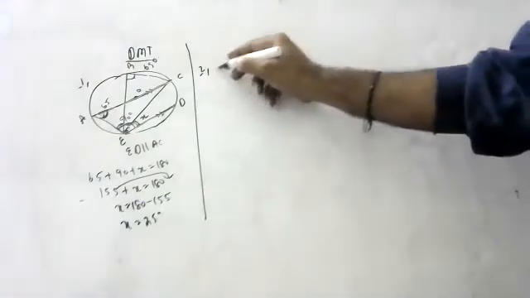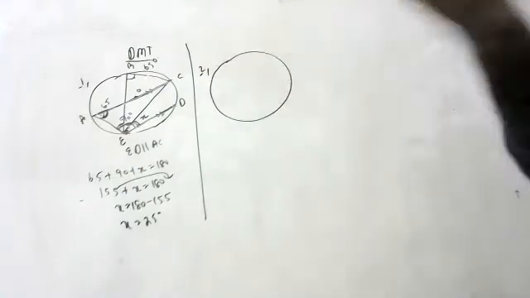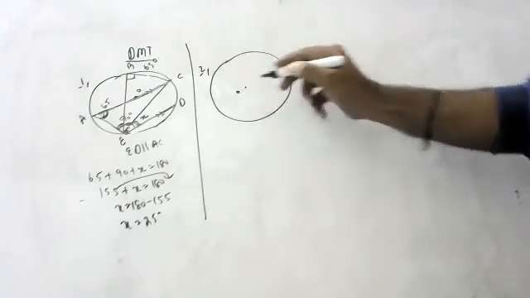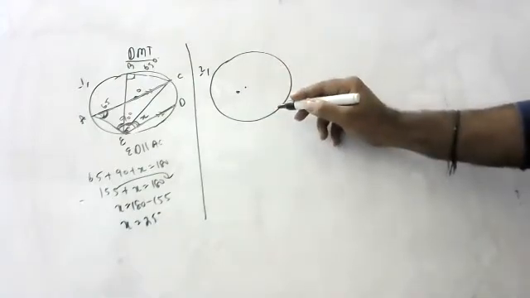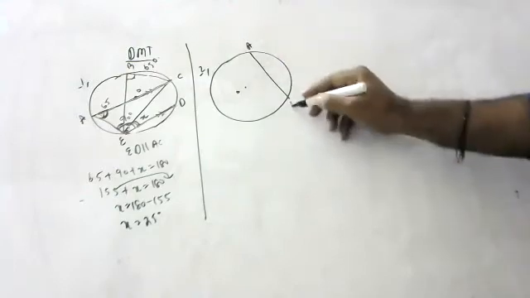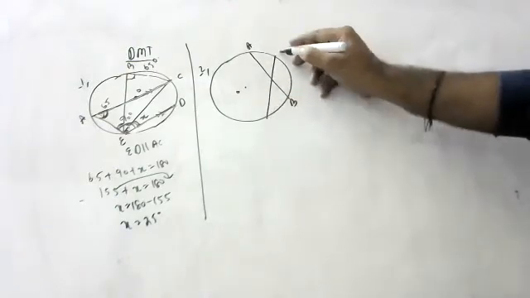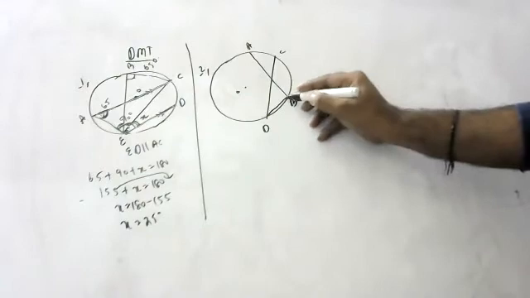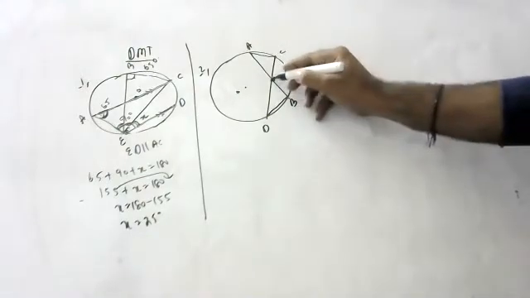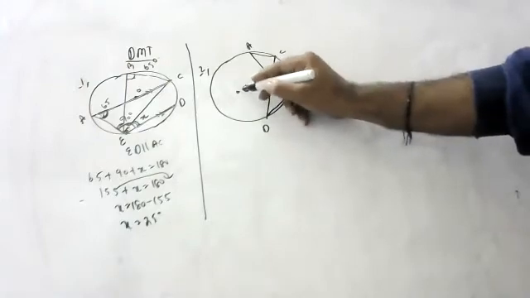Children, they said that these two are circles. So many questions I am saying on circles, children. Okay, this is O. And see, children, here they have given AB and CD. This is AB and this is CD. Like this they join. And this is P, the point of intersection. This is the center of the circle O.